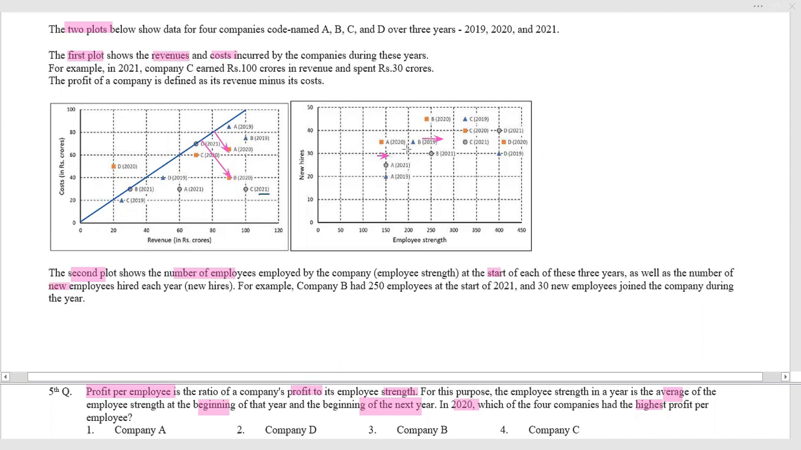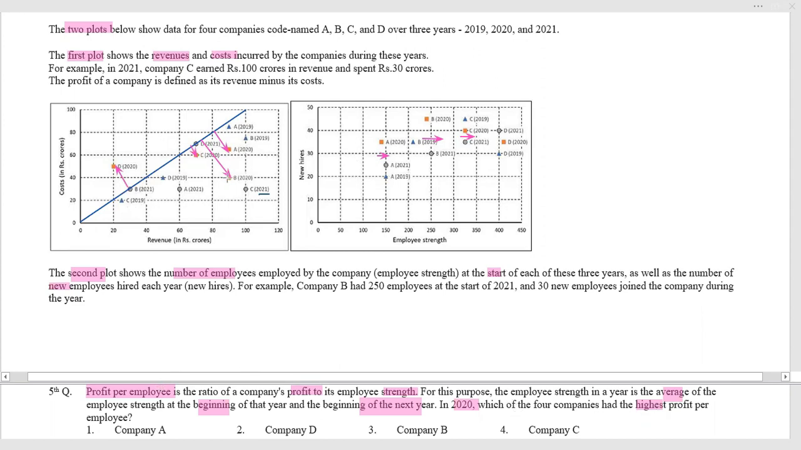Okay, if I want to get into C in 2020, this is the line, much less. C 2020 average, this is the average. Acha, D 2020 profit. D I need not take, it would be least, definitely, because it is a negative value in case of D. So basically, I need to find which of the four companies had the highest profit per